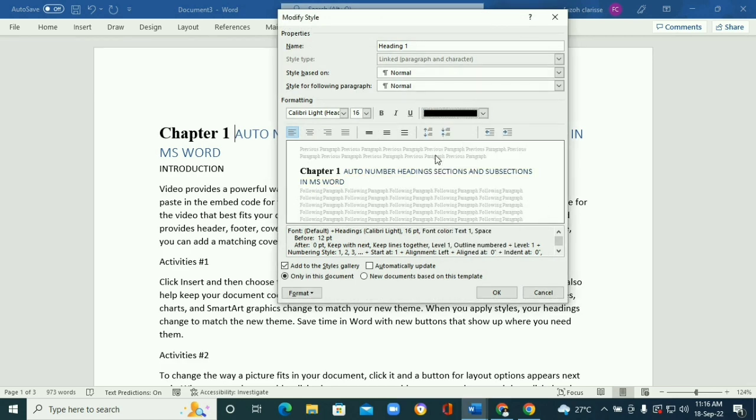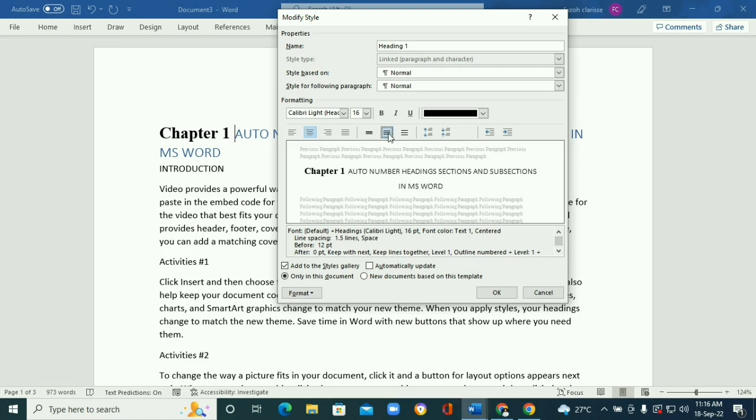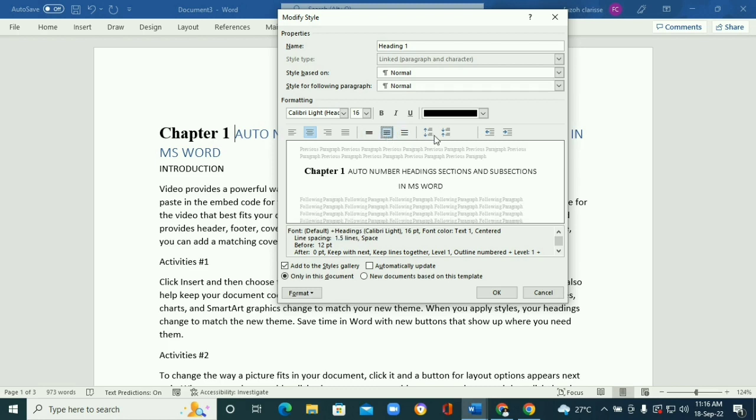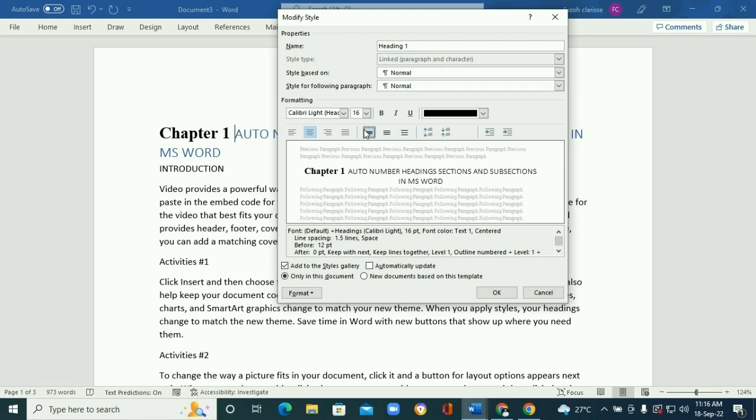So let's give it black, and let's make it be in the center like that, and we can just give a space between the heading and our introduction, right? And we can just do that. And okay,